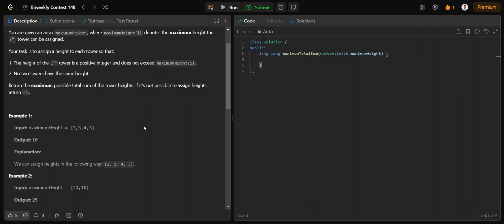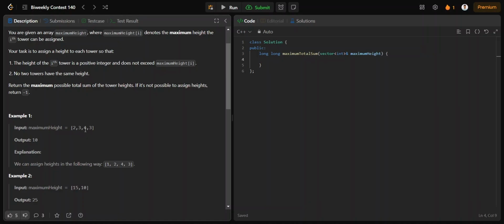The algorithm goes like this. First we will sort the given array by decreasing order. The zeroth element will be the maximum element so that we know the maximum height which we could give to a tower. It is the first element. Then we will keep track of the maximum height we give to the last tower, and each time we will decrease the height by 1. For example, here we will sort this, so it will be 4 3